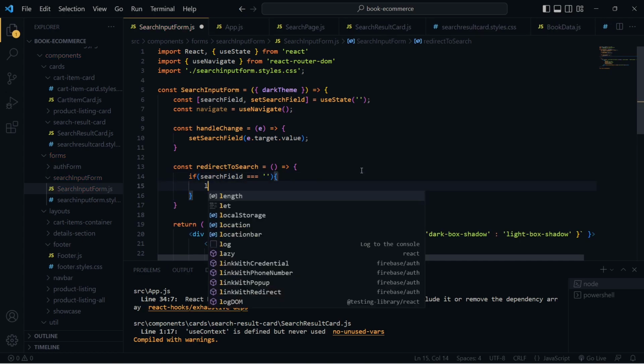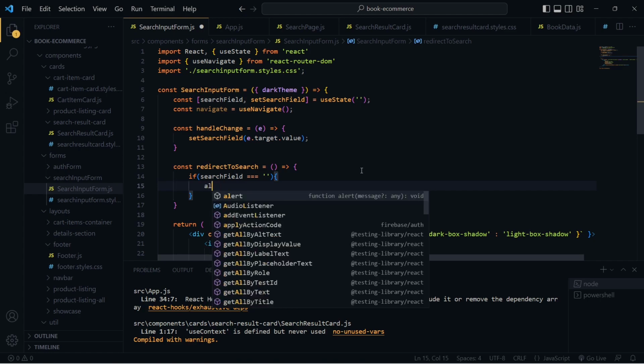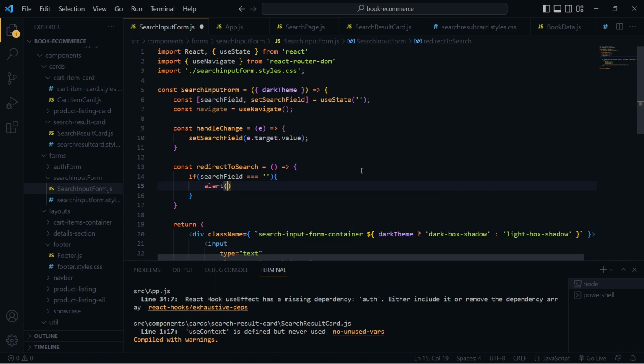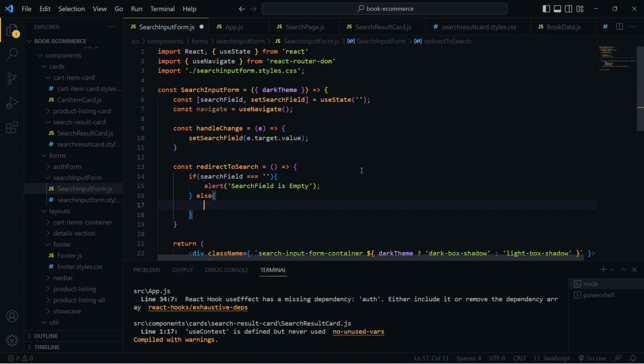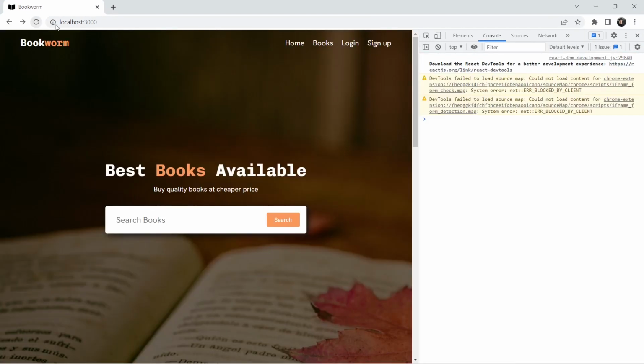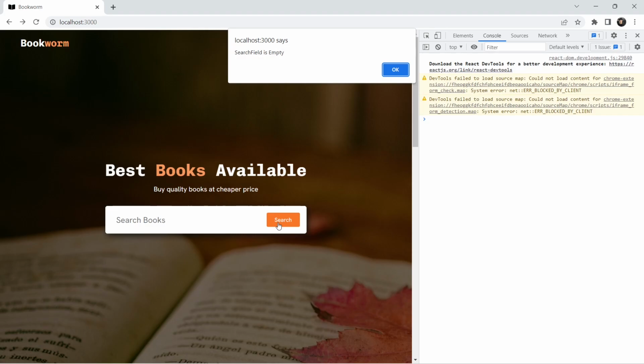If that's the case, then I'm going to alert saying search field is empty, something like this, right? And else, if the search field is not empty, then I'm going to navigate to the search page. All right, if I save this, go back,